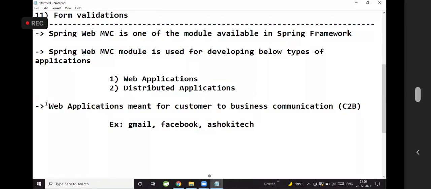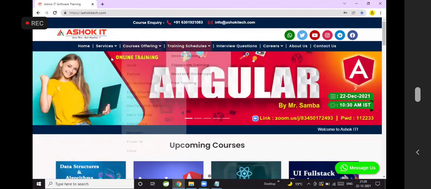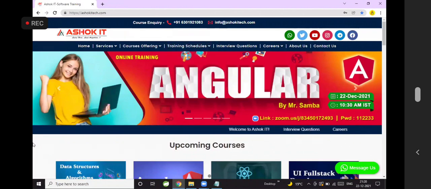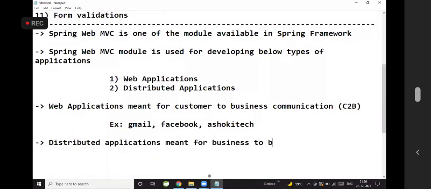First of all, what is a web application? A web application is meant for customer to business communication, C2B. Example, our website. People can see our services, our courses, our batch schedules, all the details on our website. Next, distributed applications are meant for business to business communication.